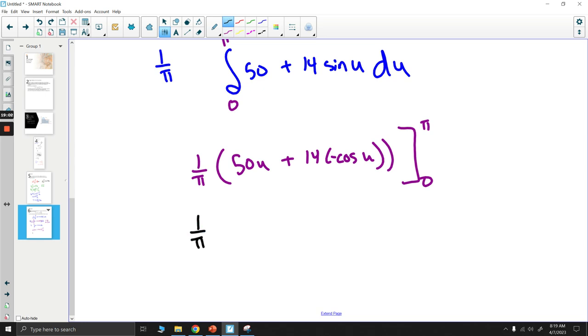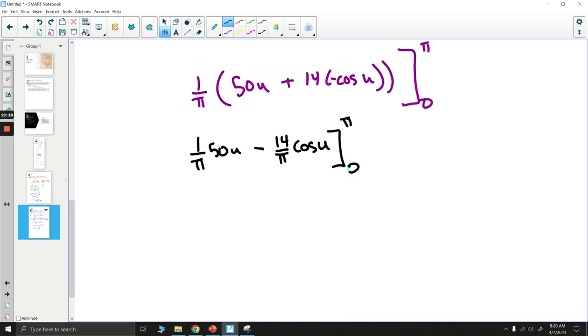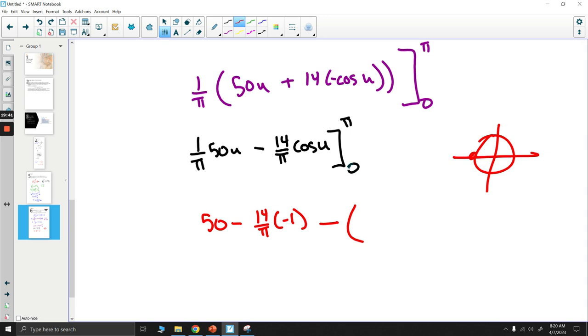1 over pi times 50u minus 14 over pi cosine u. So I like to distribute that constant in when I'm doing this. Just makes my life easier, essentially makes it so I don't make as many mistakes. Okay, so if we plug in pi here, we have 50 times pi over pi, that's going to be 50. Minus cosine of pi, again, cosine is horizontal, pi is here, it's negative 1. Okay, so minus 14 over pi times negative 1